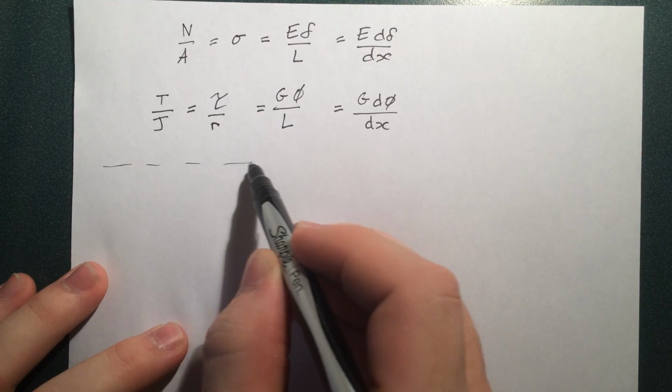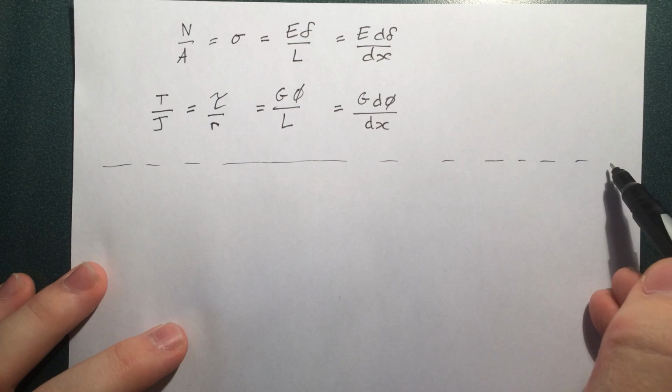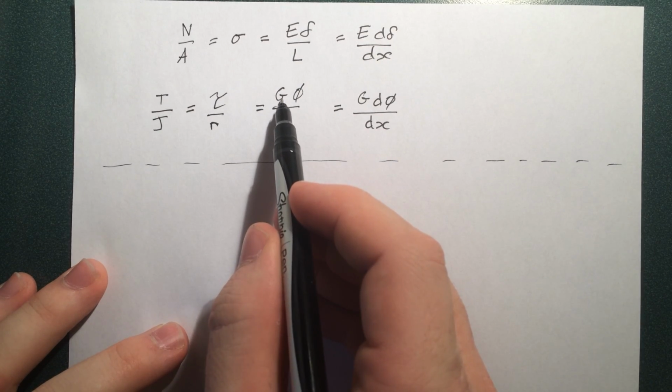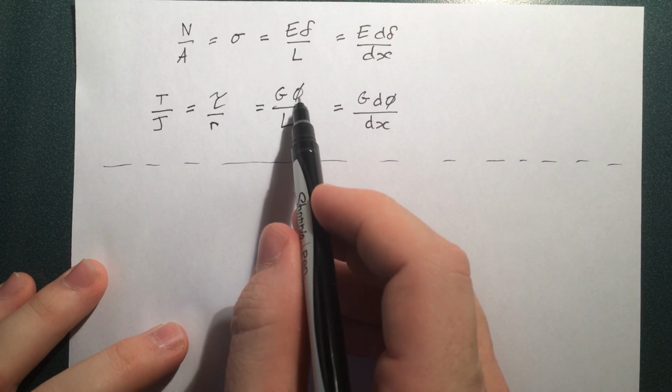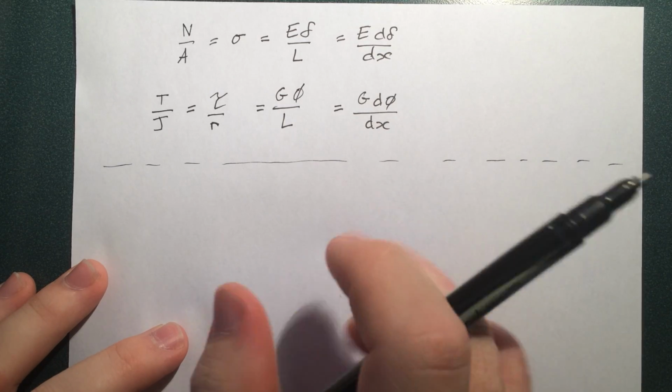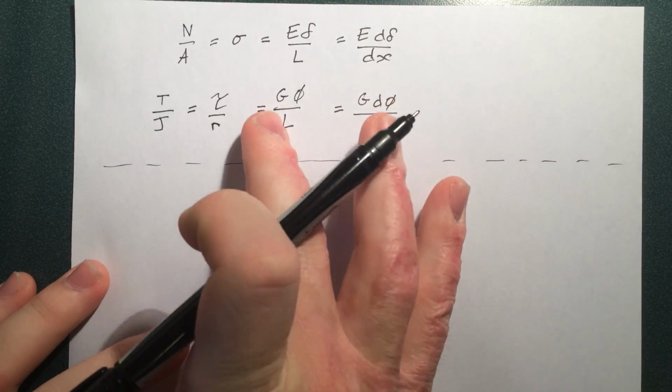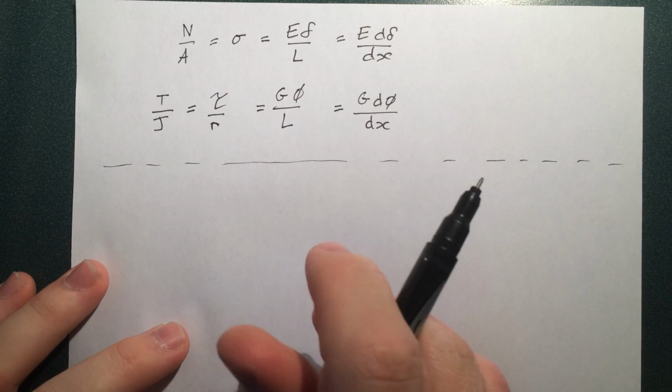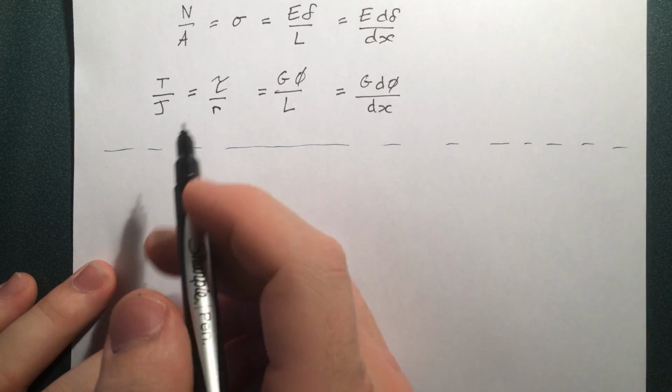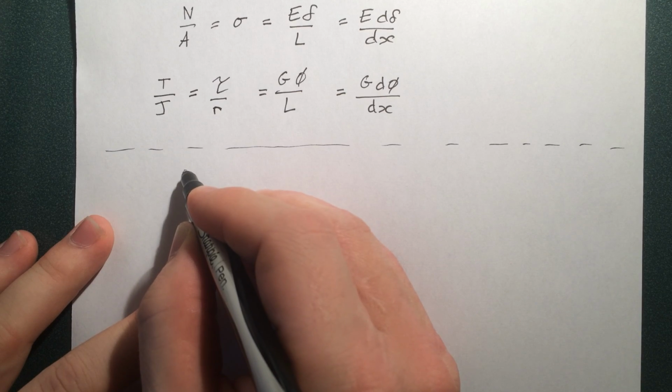All of these we've seen before, and I think in one of my very first videos I developed the relationship between G and phi and those types of things. So you probably have some basic understanding of what G is. Well, let's go into what J is. So it's basically the second